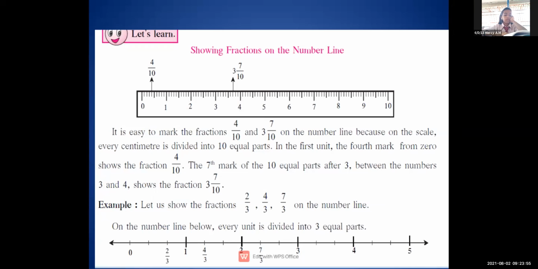Okay, thank you. Mute yourself. Welcome, teacher. Okay, students, now you can see over here, I have made a scale. In that scale, numbers are written from 0 to 10 and some fractions are also marked. Now we are going to learn how you are going to write down the fraction on a number line.